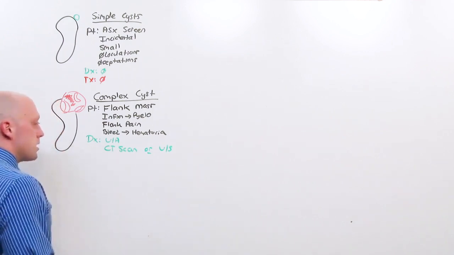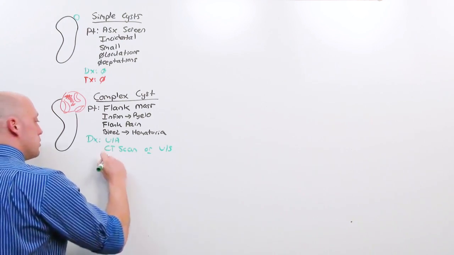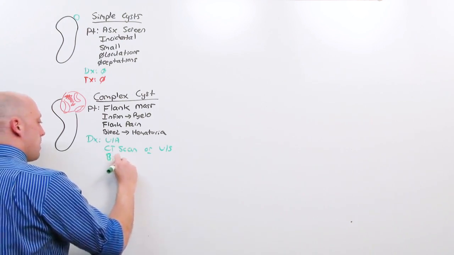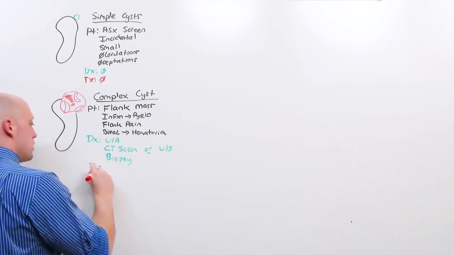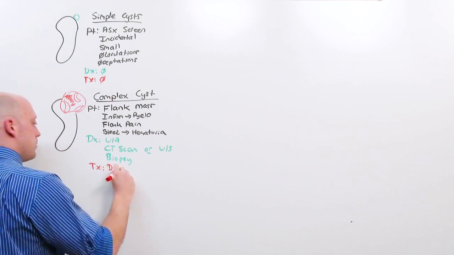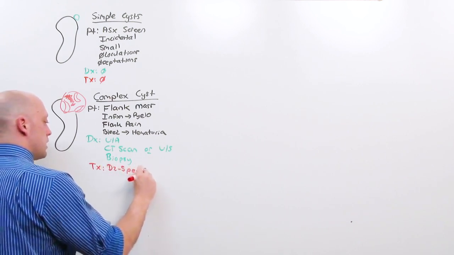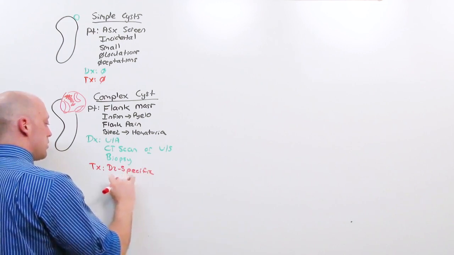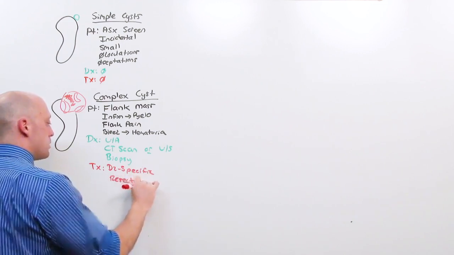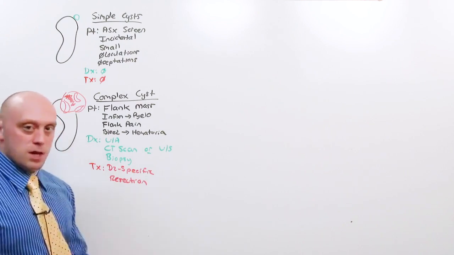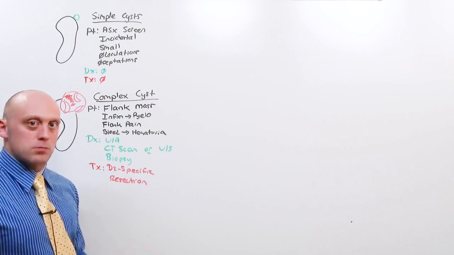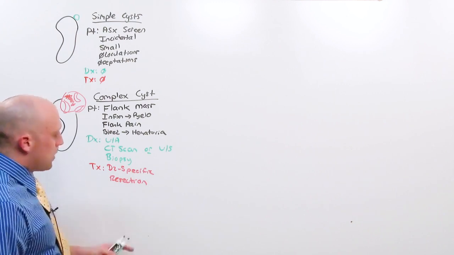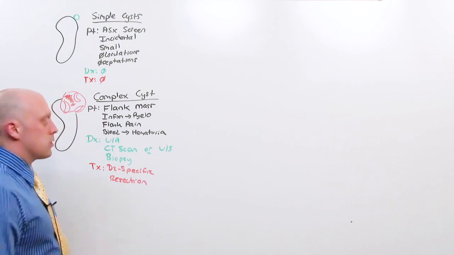And in order to make the diagnosis, you're going to do a biopsy. The treatment is going to be disease specific. But in general, these things need to come out, so resection. But if this were an abscess, you drain the abscess and give antibiotics. If it's a malignancy, you resect and stage, chemoradiation, etc. But the thing that is renal cell carcinoma